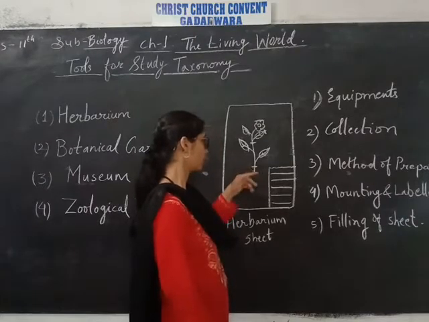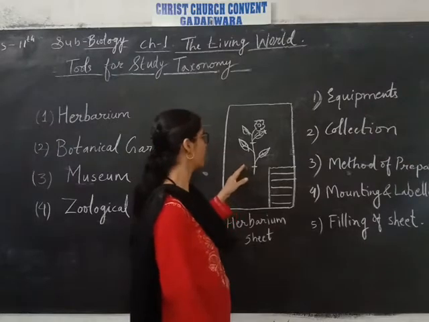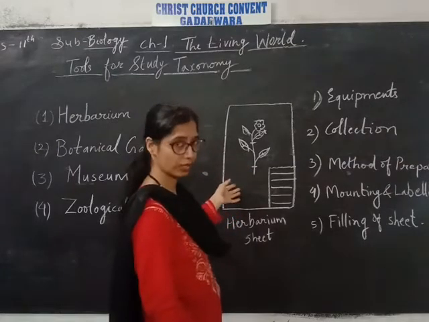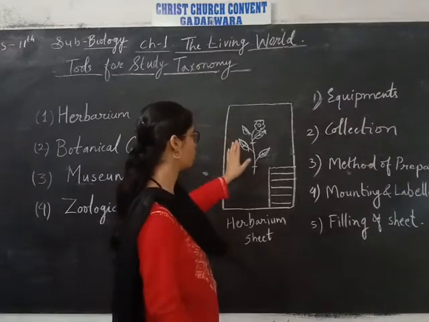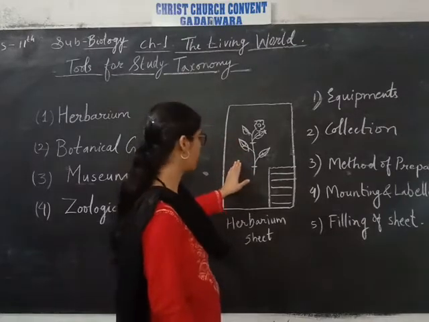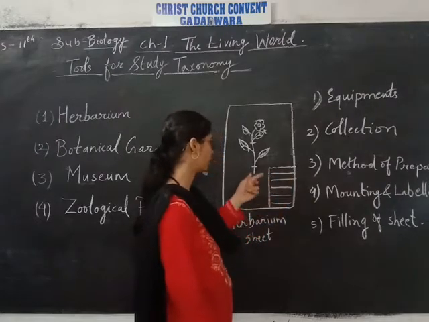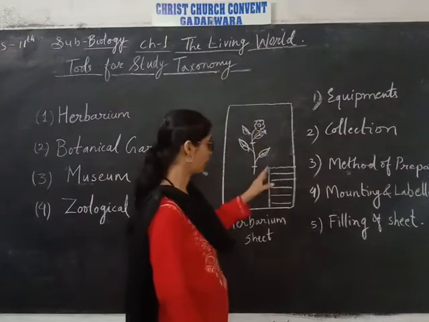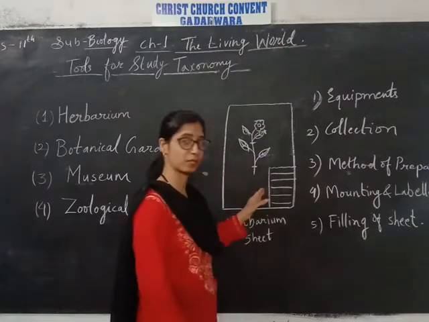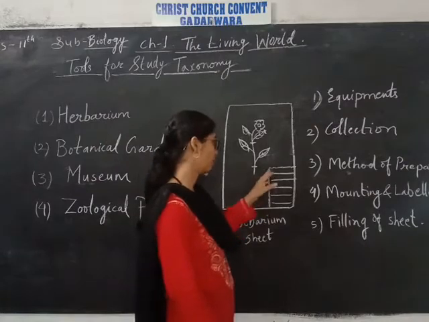Then there should not be any overlapping of the parts of the plant, and it is not folded minutely and very clearly. You have to mount them, and then put labeling. Labeling is what? The stem, leaf, flower. Then here you keep some information, like plant number,